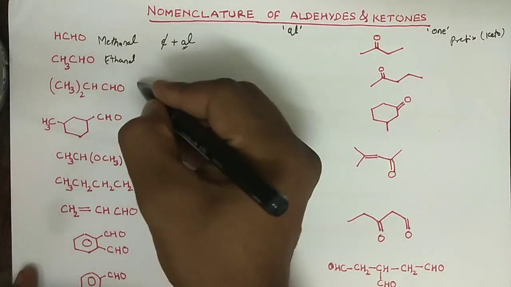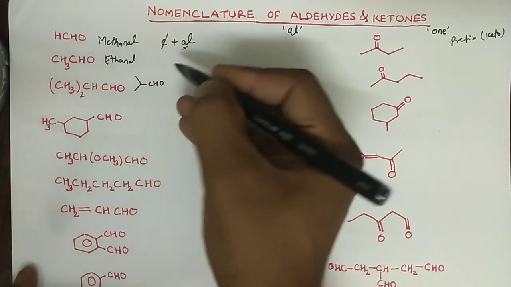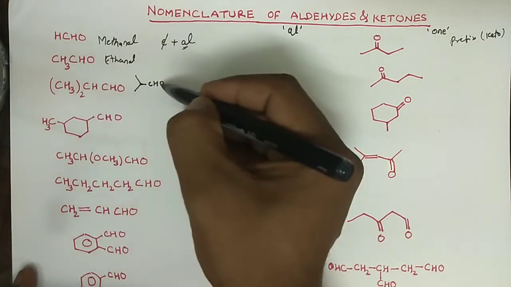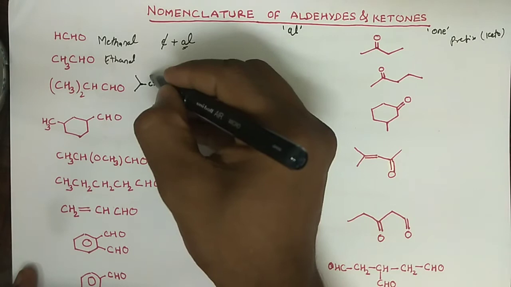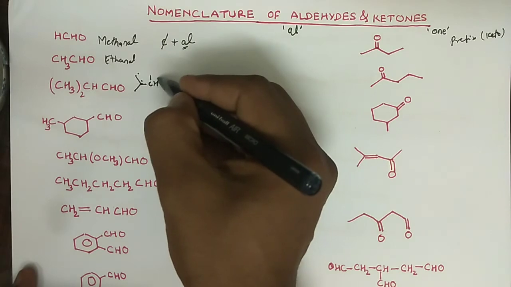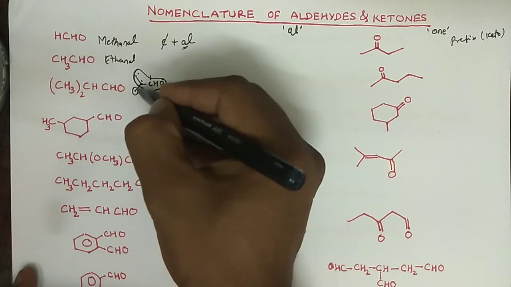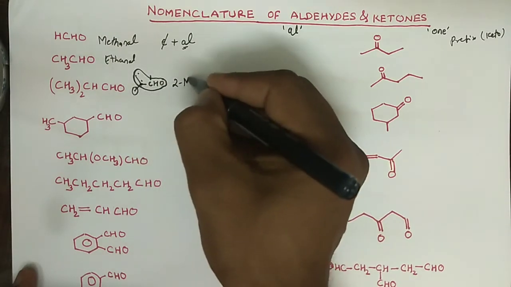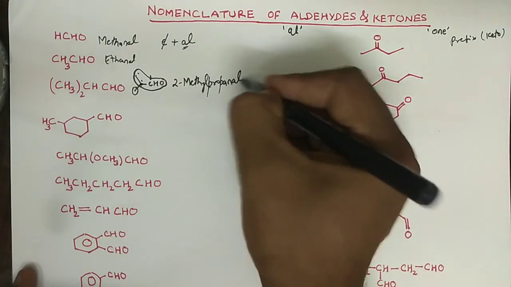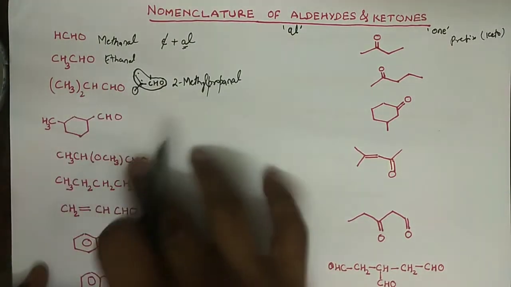And now this compound, right? So this compound can be drawn very simply in this fashion. It's a bond line notation, right? Now count. Methyl, methyl, you have twice methyl attached to this carbon, and this is the group. So this carbon will be numbered as first carbon, second carbon, third carbon. So essentially the name will be propanol, but this propanol contains a methyl group at second carbon, so we will write 2-methylpropanol, right?